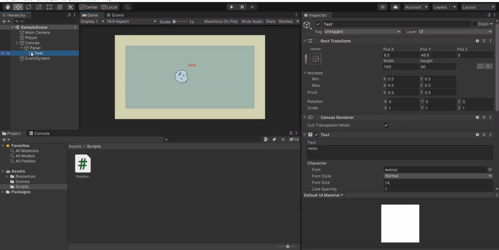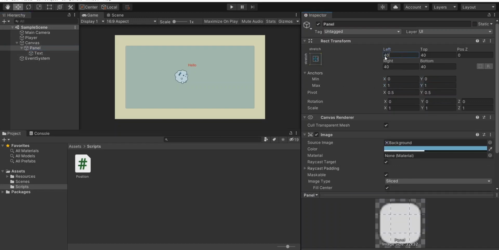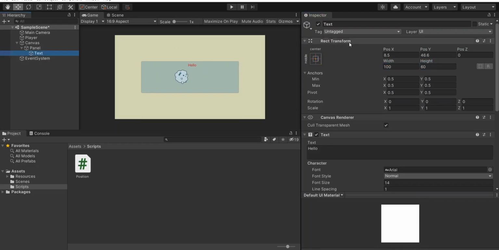For example, the default anchor is middle center, and Unity sets the value for anchor min as 0.5 and 0.5, and anchor max is also 0.5 and 0.5. So the child will be at the center of the parent. At this time, if the parent moves or resizes, the child just keeps its local position info.